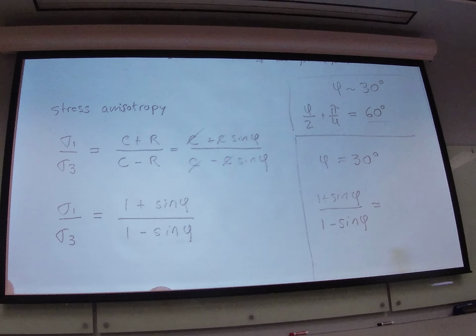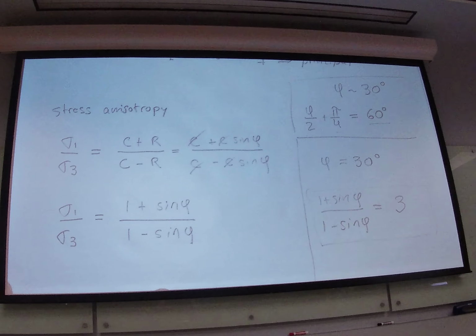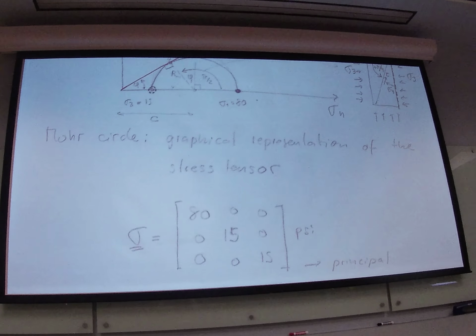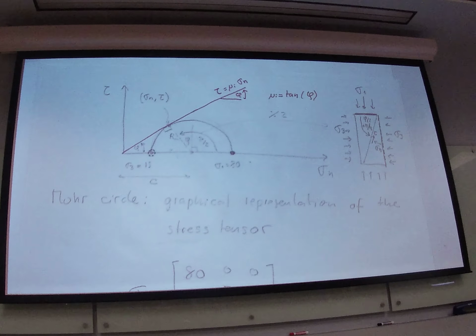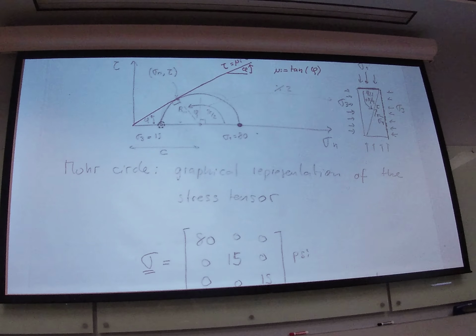Therefore, this number is going to be 3. According to this equation, the maximum stress anisotropy that an unsymmetric material can resist is about 3. So the maximum stress, sigma 1, has to be about 3 times sigma 3 if the friction angle were to be 30 degrees. Again, I'll have to measure again the surface of this, and I'll tell you exactly what that